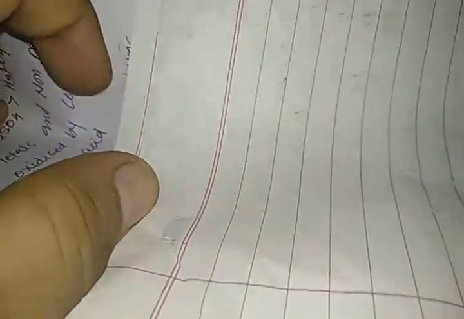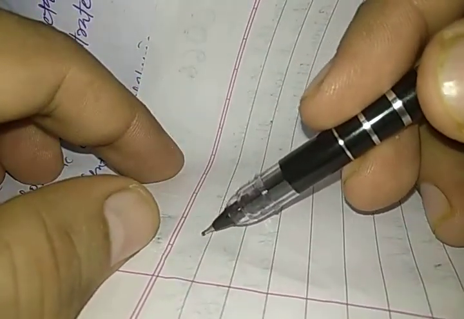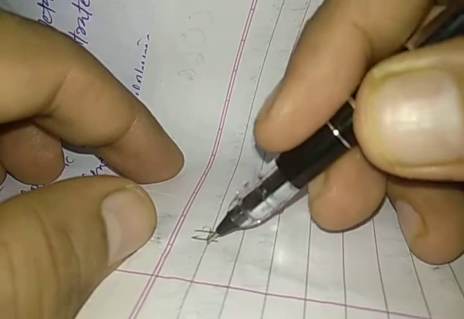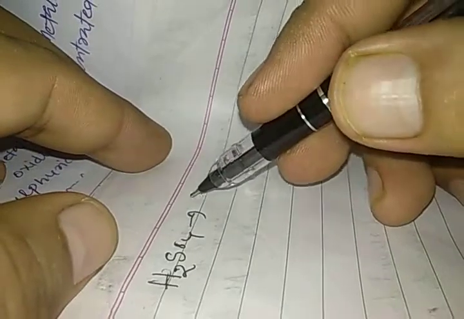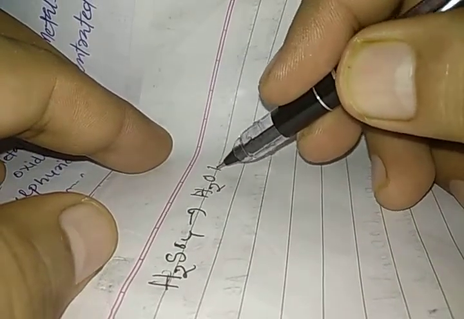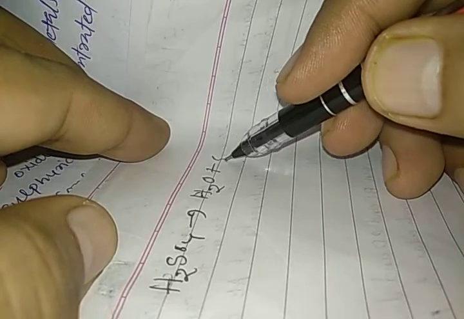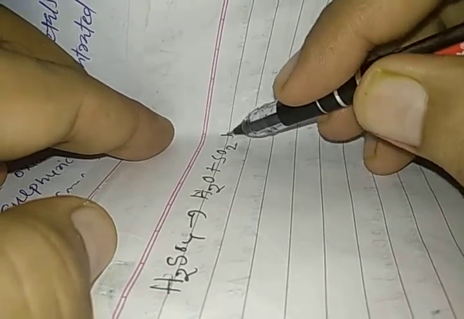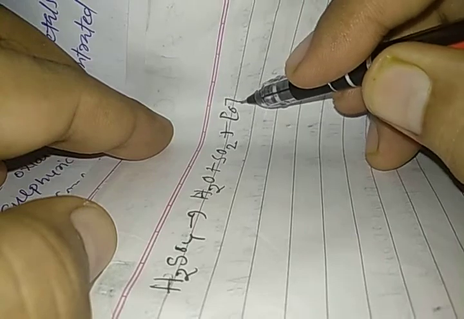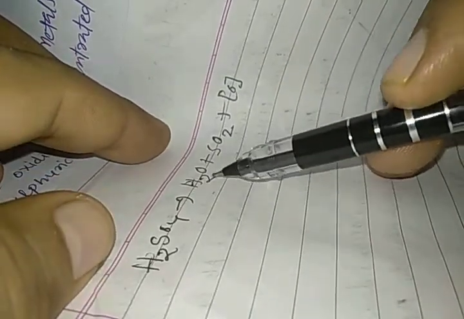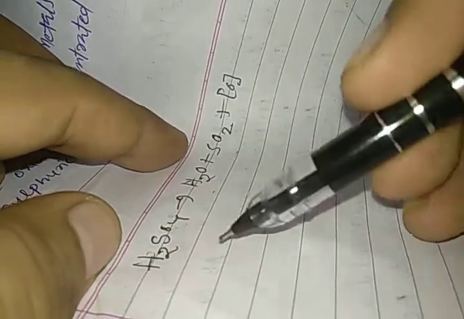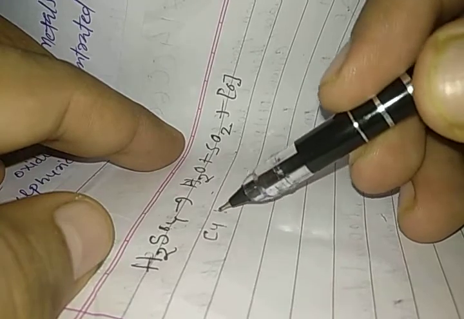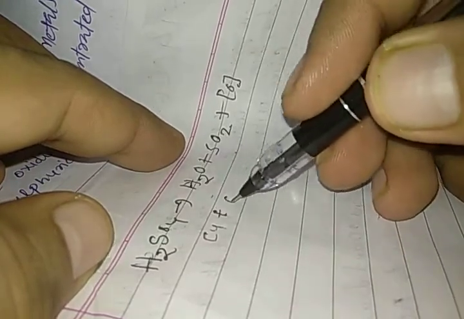H2SO4 simply turns itself into H2O, SO2 and a nascent oxygen. You can see H2 is here, SO2 is here, and of the two oxygens left, one is here and another is here. Now if you think of Cu, you add Cu plus this nascent oxygen,